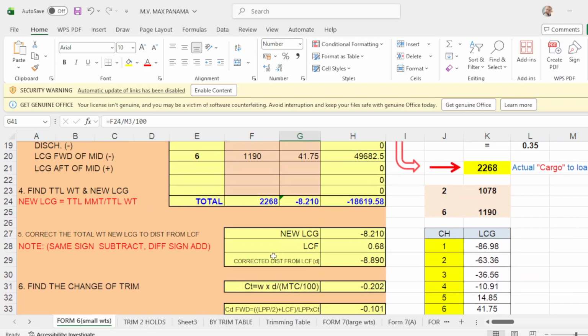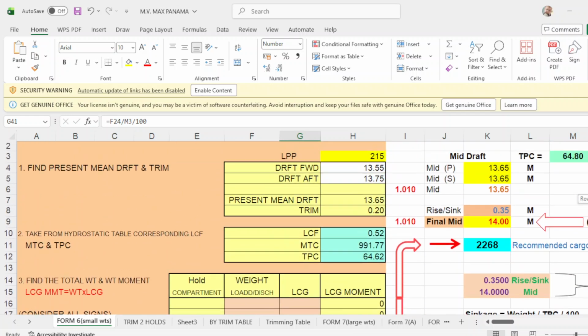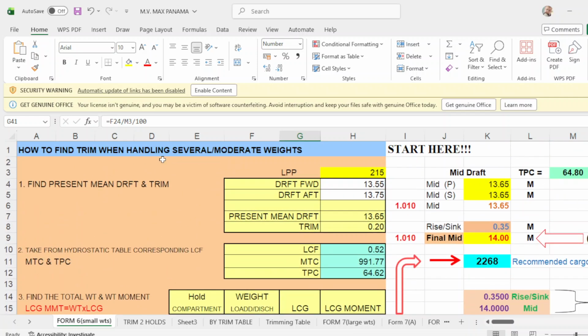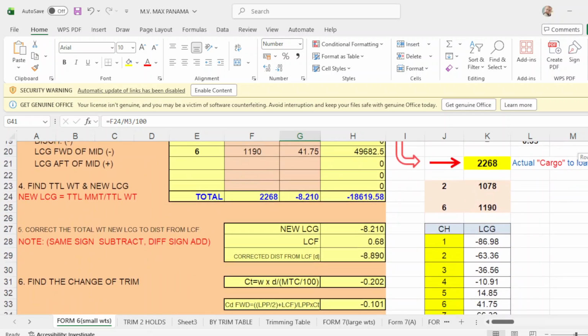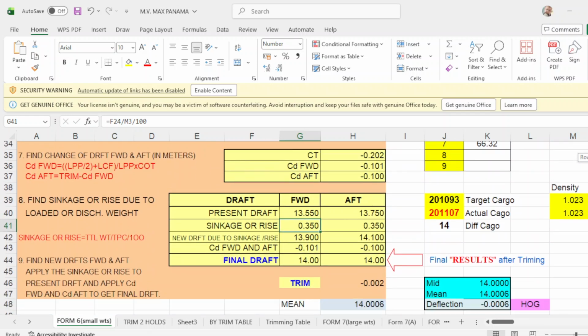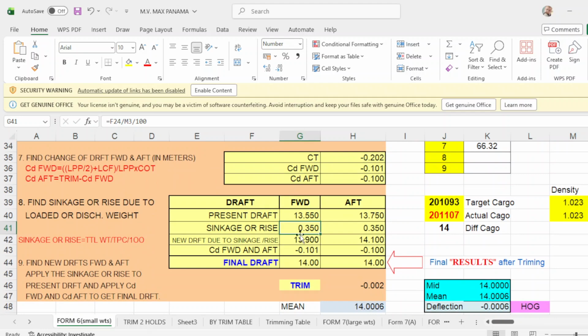That will be your total weight, F24, divided by your M3, your TPC. Your TPC M3 is this one. So divide with 64.8 divided by 100, then your sinkage will be 35 centimeters.